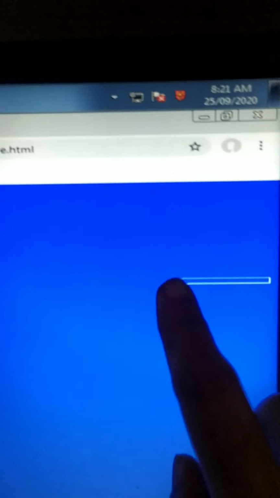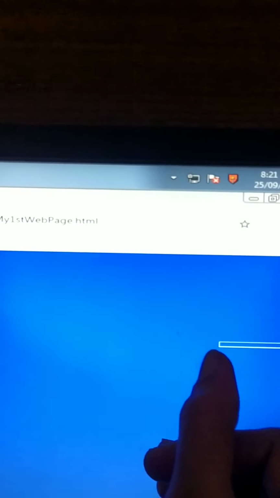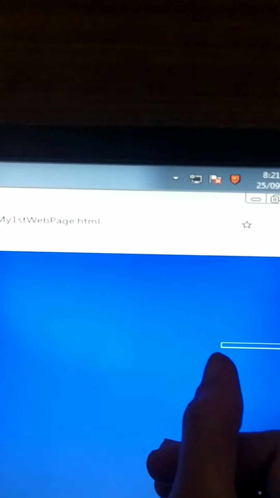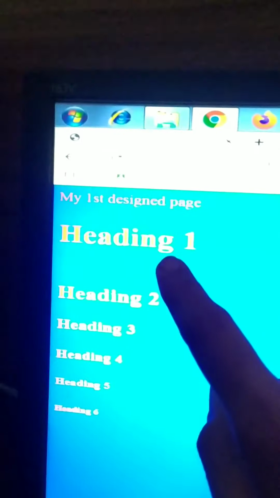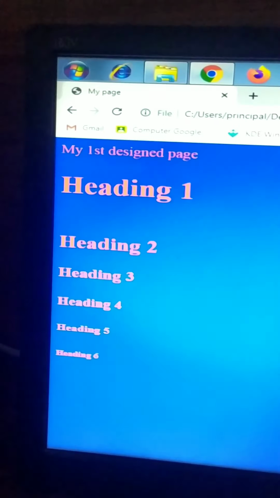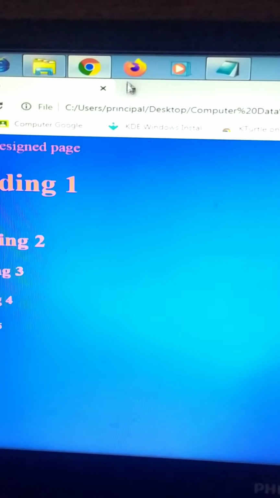Yes, over here, can you see this? This is a line, horizontal line, that is HR. We have horizontal rule to divide these headings in parts, H1 to H2. To divide it in parts, we have used this horizontal rule.